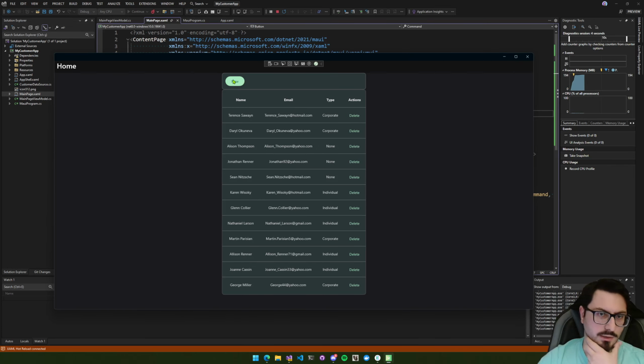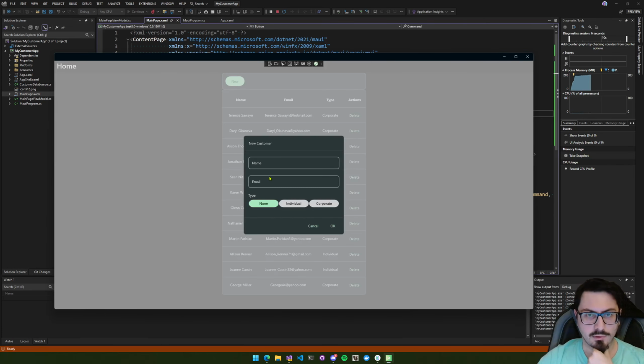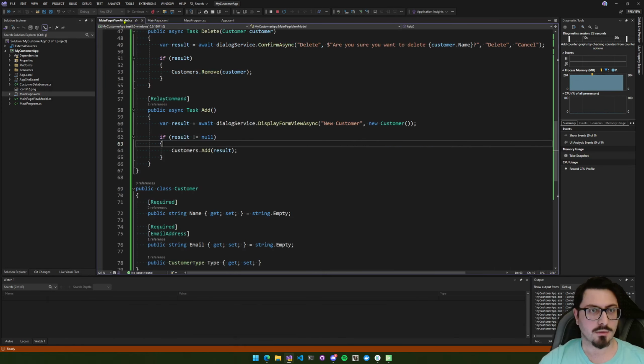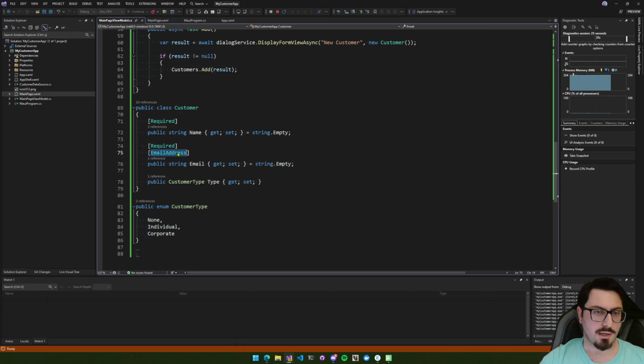You can see there's a new button here. You can see it's created a new form according to my binding context, according to my view model. But you can see validation doesn't work. It created an empty registry. We already added required attributes and email address attributes to our model, but it doesn't work because data annotations